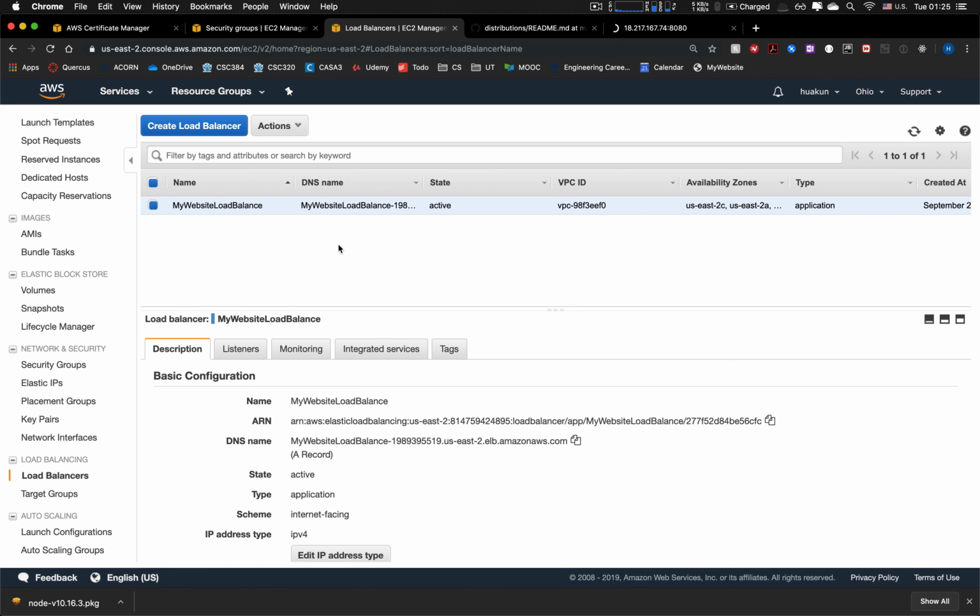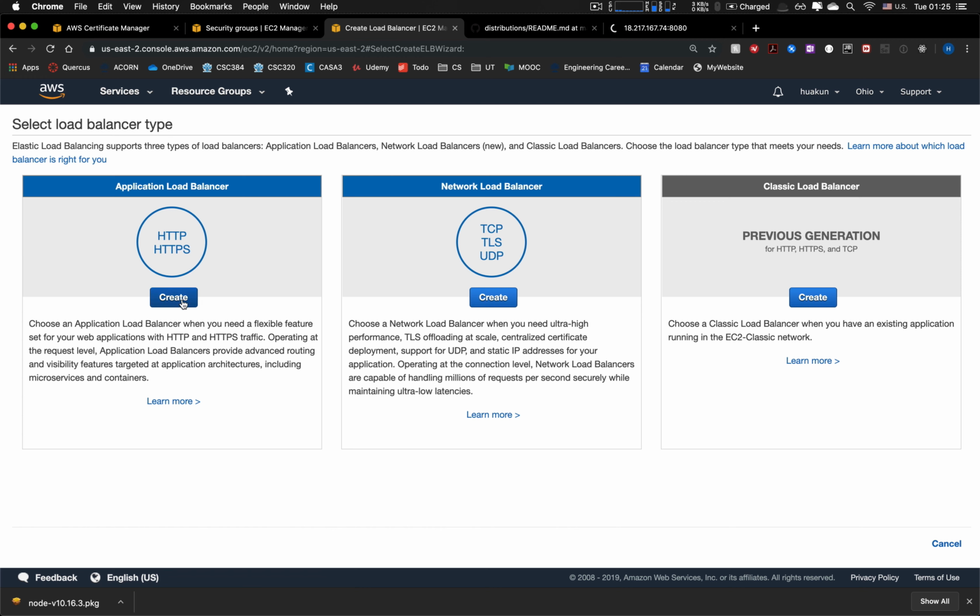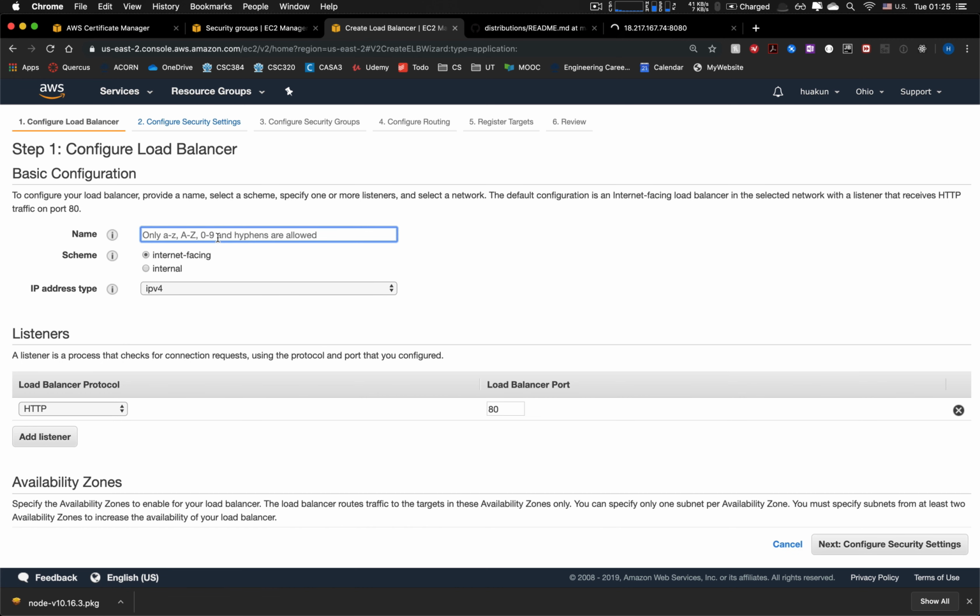Requests are gonna come from the client, and the DNS is gonna translate the domain name to an IP address, and the IP address is gonna point to a load balancer. I already have a load balancer here, and it's for my own website. I'm gonna create a new one. Use HTTP and HTTPS. Give it a name, test SSL